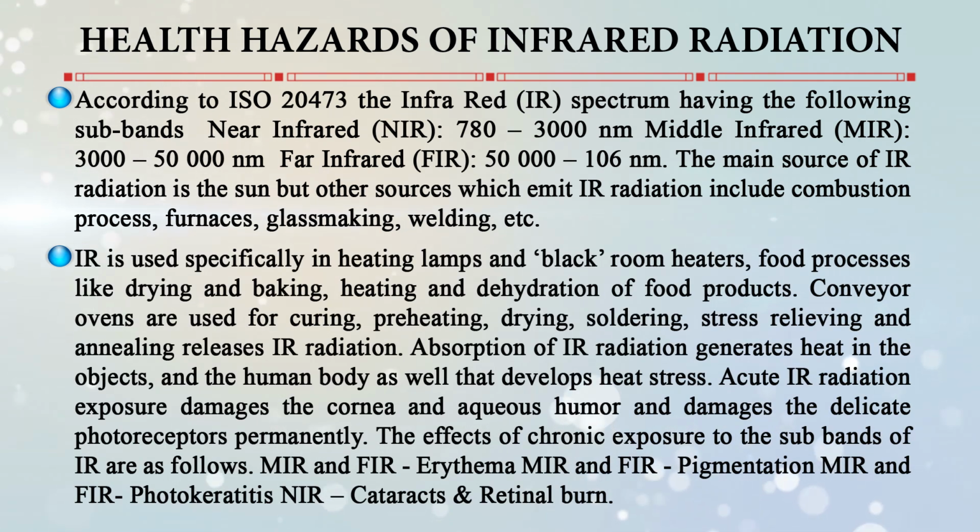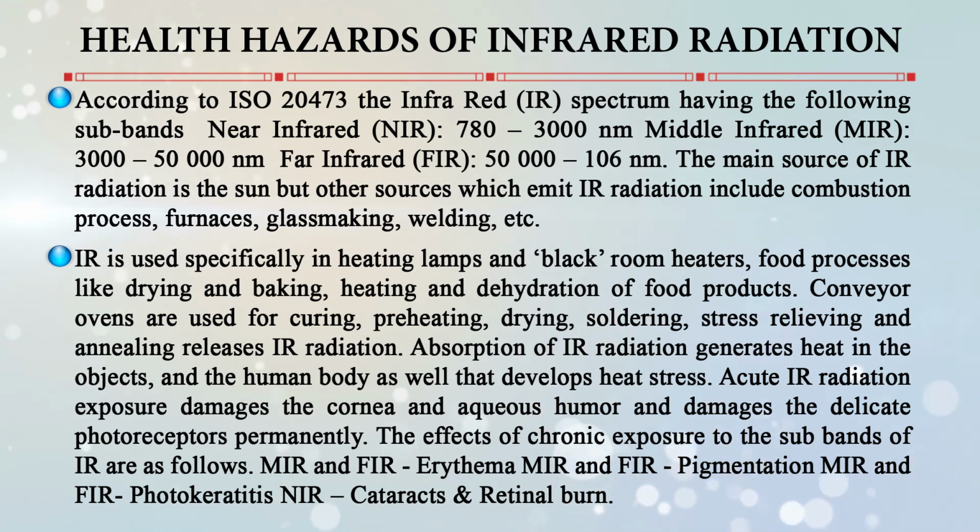So IR radiation is used significantly in heating lamps, black room heaters, and also food processes like drying and baking, heating and dehydrating food products. Conveyor ovens are also used for curing, preheating, drying, soldering, stress relieving, and annealing, which release IR radiation. Absorption of IR radiation, that is the infrared radiation, definitely leads to heat in the objects